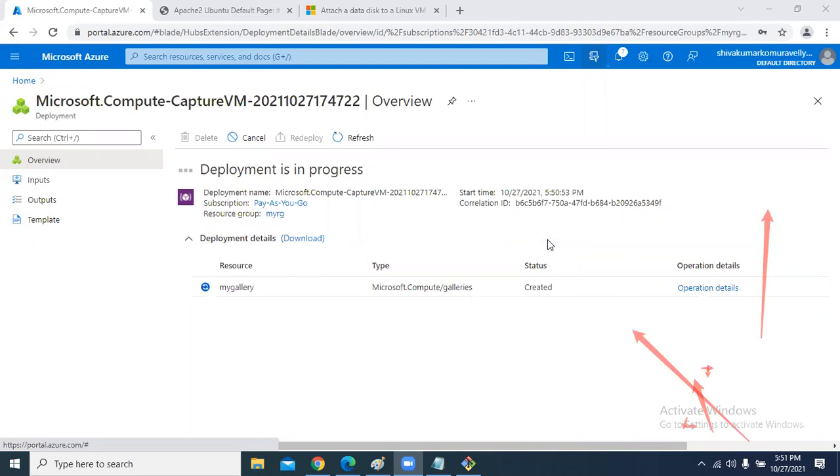In normal images, only the operating system is there. But in this image, the operating system is there plus the Apache 2 server is also there in the image. So we'll use these images for auto scaling when load gets heavier. We can use this image for auto scaling also, the virtual machine scale set. Here it is a virtual machine scale set. It is not auto scaling. Auto scaling is a term from AWS.